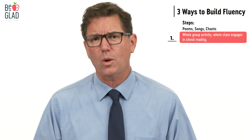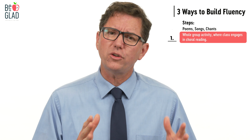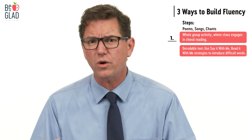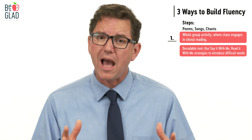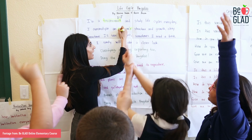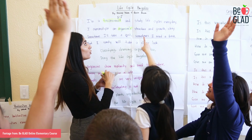Fluency is best practiced through decodable text. What does that mean? Well, decodable text is text that the student can read, where they can decode the words. Now, to be fair, some of the words that we're teaching within a unit of study may not yet be decodable to our students. We may not have taught them the sound spelling patterns that arise in some of the